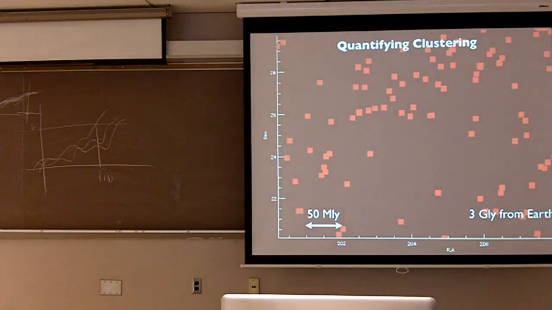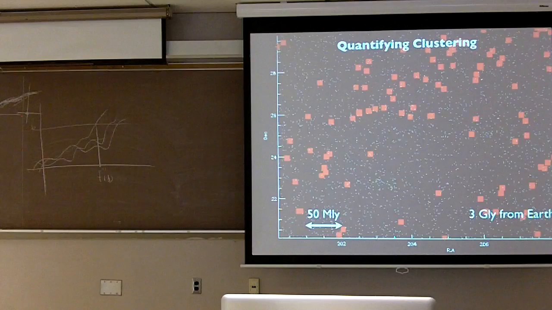And so technically, what do I mean by calculating the correlation function? I'm not looking at a smooth field, but rather I'm looking at point dots, so I do have Poisson shot noise to worry about. These are actually locations of galaxies that I use, about 3 gigalight years from us. Here you have the scaling. What I do is count galaxy pairs within a given radius. I count these data pairs, and I compare them to a random catalog. The point of the random catalog is that you have boundary conditions and this weird mask, because, for example, you want to exclude bright stars and all kinds of funky things that are going around there.